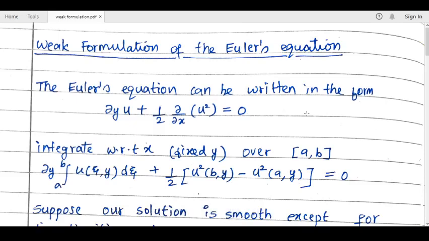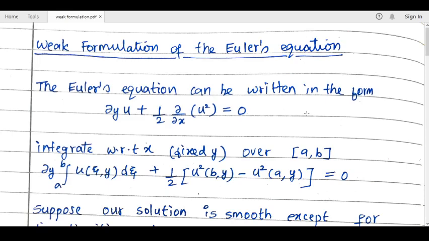Hello, dear students. In today's class, we will study the weak formulation of Euler's equation. As discussed in the last class, if y is less than the critical time yc, then there is no problem and we will get a smooth solution, which is called the classical solution of the PDE. If y is greater than the critical time, then the classical solution does not exist and we have to go for the weak formulation of the PDE. So, we will mainly make use of integrals here.